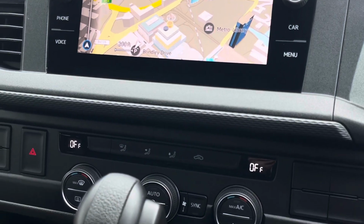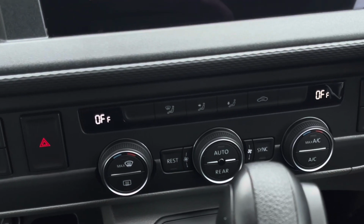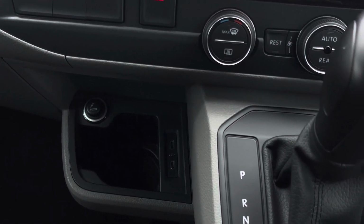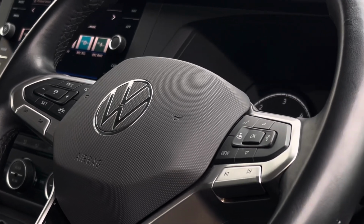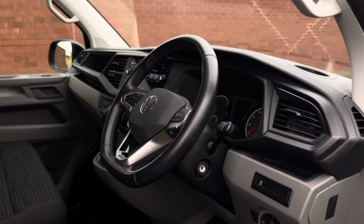Located just beneath the touchscreen are the climate controls for this vehicle. The Shuttle comes with a Climatronic 3-zone digital climate control system with a separate control panel to the rear. Down and to the left there is a 12V and 2 USB-C charging points, handy for keeping those smart devices charged. The driver also has access to a 3-spoke multifunction leather-trimmed steering wheel for a more unique and customizable driving